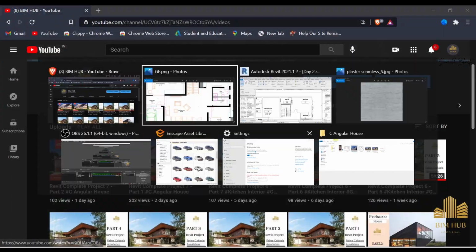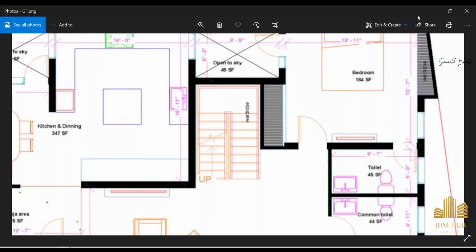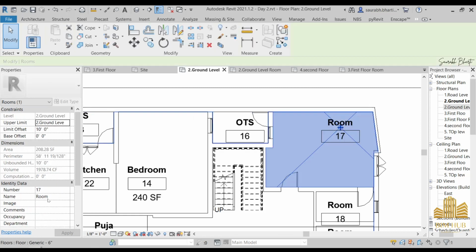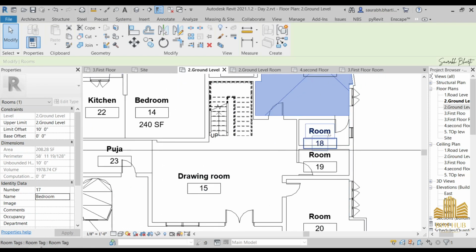And this is our bedroom. I think yes, bedroom. So just open this, go to this one, and again select your bedroom. Done. Then we have our drawing room. Then we have